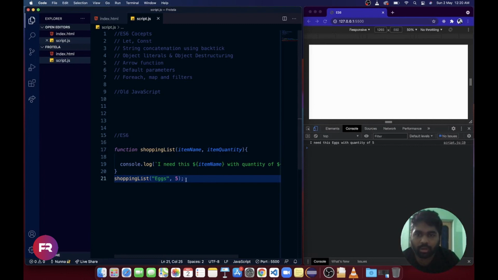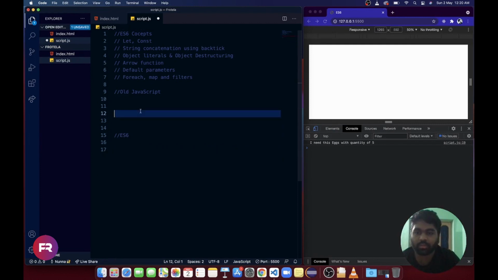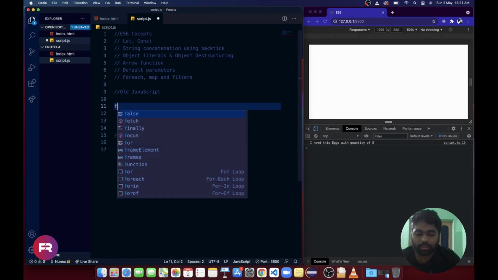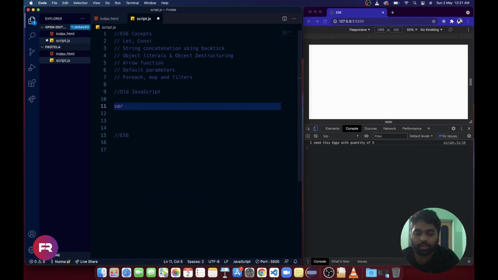Now we will see object literals and object destructuring. Let's remove this. Suppose let me create an object like var frutella. Now I want YT channel frutella and insta id frutella coders.